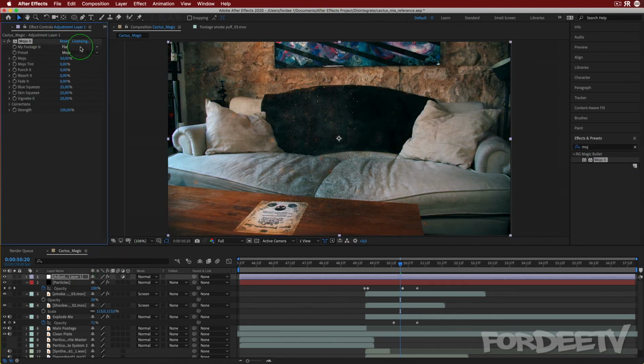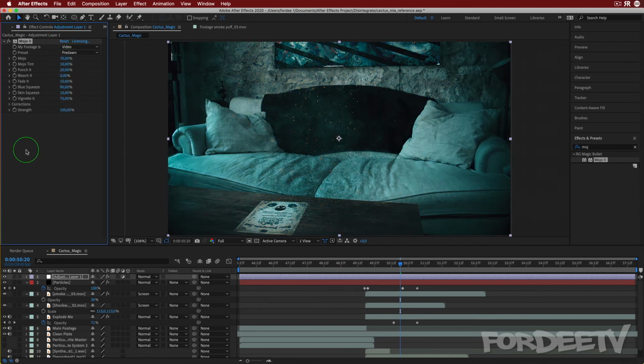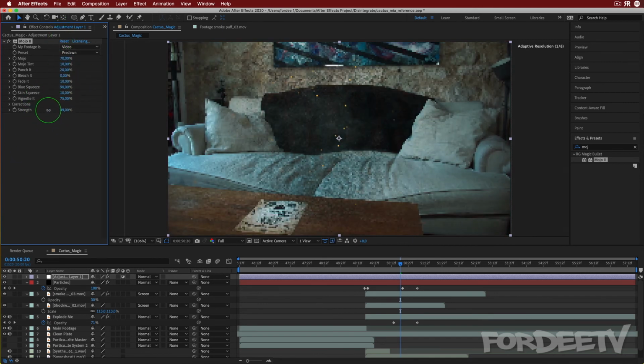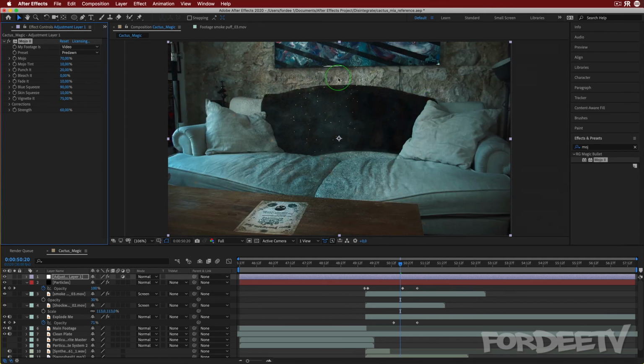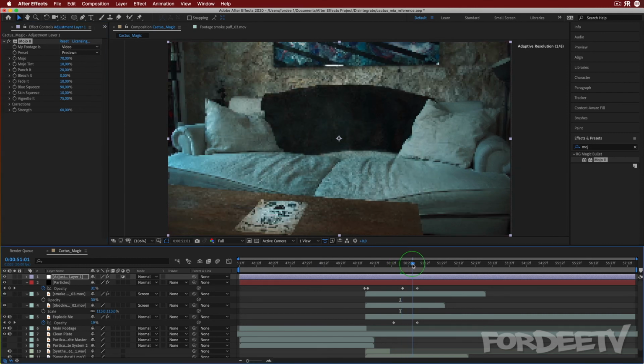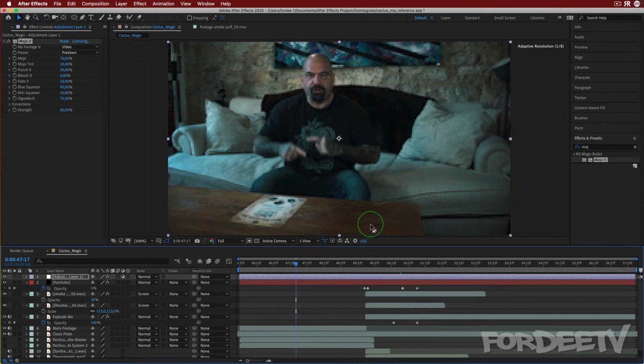Inside Mojo, I think I had it, of course, set to video because this was filmed with a video camera. And I think I had it set to, was it pre-dawn? I think pre-dawn or something like that. Then I dropped the strength down. Right? And then I think I added a color correction layer to boost my mids and my highs and drop my, what is it called? My shadows, right? So because this is a bit dark, and of course you could mess with it here, but I think, let's see,